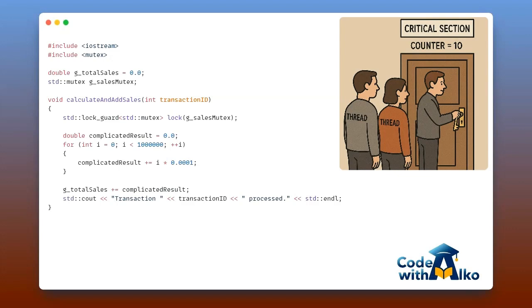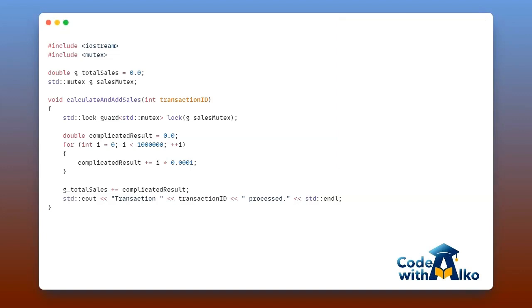Now you can probably see the problem here. If the thread inside the office takes a long time, all the other threads are just stuck in a queue, waiting. This is called contention, and it's the enemy of high performance code. Basically it turns your amazing multi-core processor into a single lane road during rush hour. Our job is to make that critical section as brief as we possibly can so the traffic of threads can keep flowing. Let's look at a very common mistake.